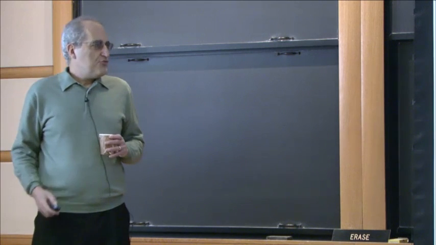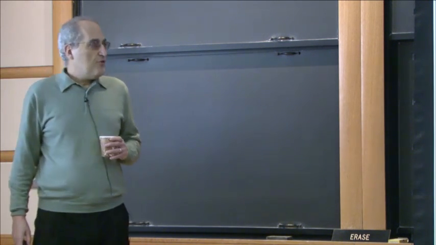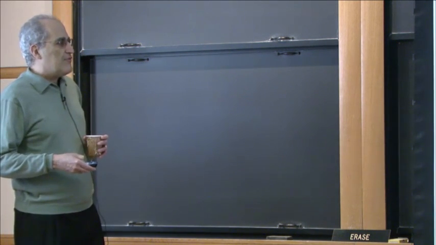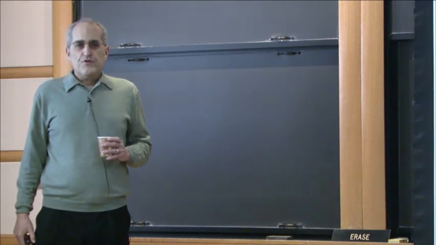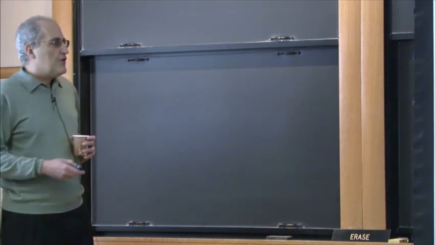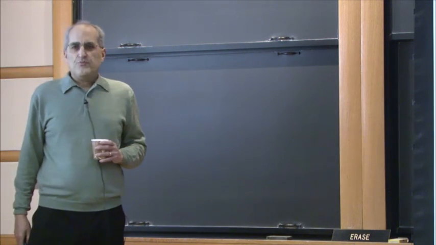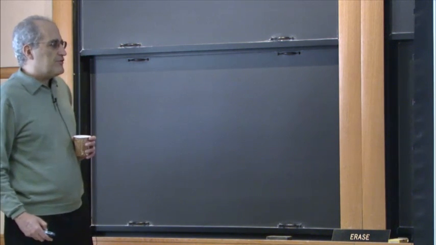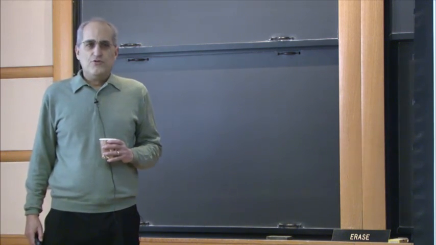So I'll just begin by reminding you about what the Jones polynomial is. The Jones polynomial is an invariant of a knot in three-dimensional space that was discovered about 30 years ago by Vaughan Jones. From the beginning, it has been known to have many relations to statistical mechanics and mathematical physics. So today I'm going to be explaining some new twists on the relation of the Jones polynomial to mathematical physics. But I don't want to assume you're all familiar with the Jones polynomial, so I'll start with a quick